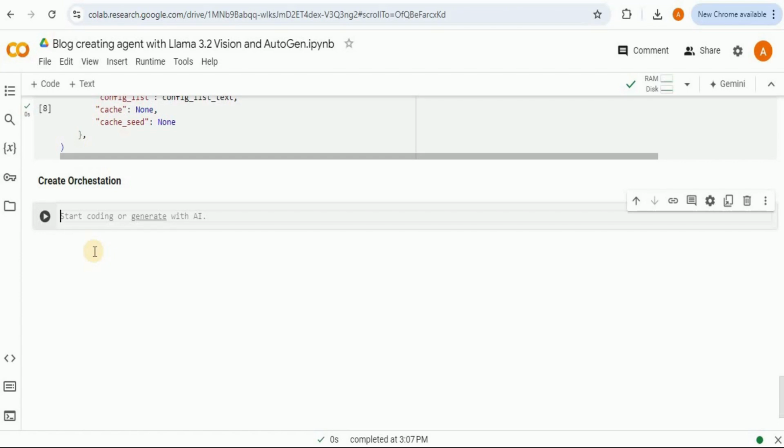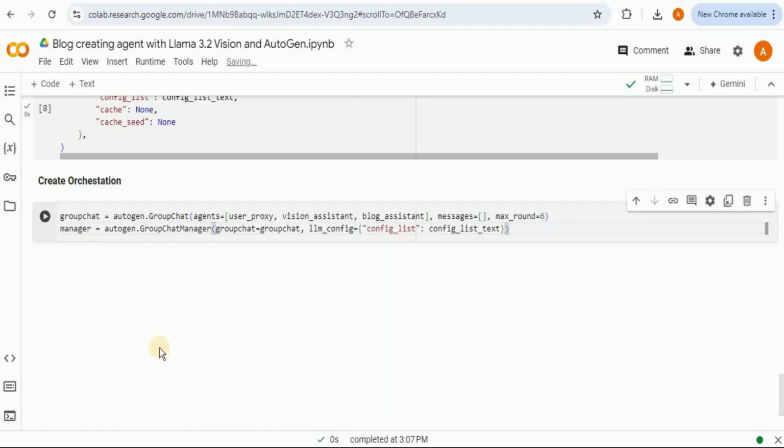After creating the blog agent, next we are going to create the orchestration. So these two lines of code are actually setting up and managing a group chat simulation involving multiple agents such as the user, the assistant, the blog assistant, etc. using an AutoGen library, which likely handles the AI-based automated generations, for example, the responses from the models. So you can see that on the first line, we are initializing the group chat using the autogen library, inside which we are defining the list of the agents that we have. And then we are also creating a group chat manager inside which we are providing the group chat and the LLM config, which actually contains the information about our LLM.